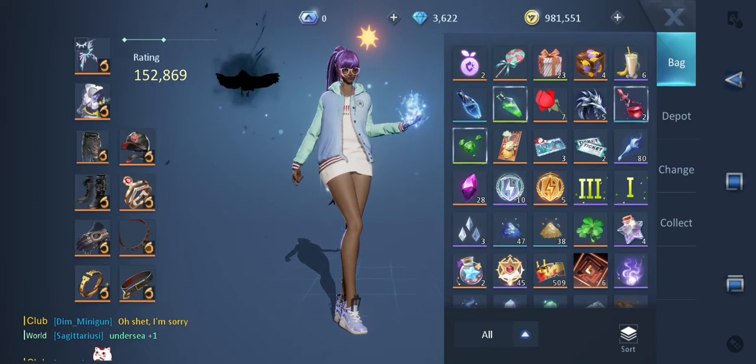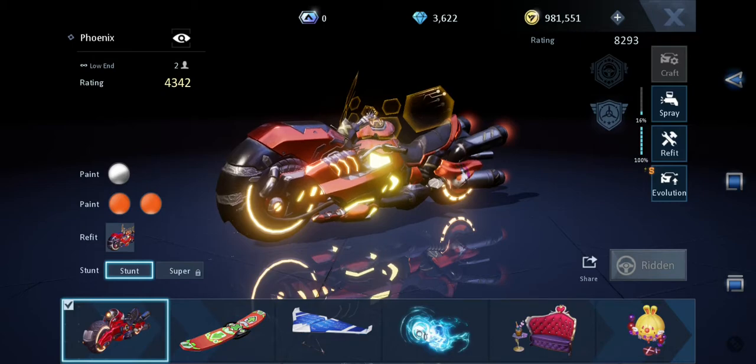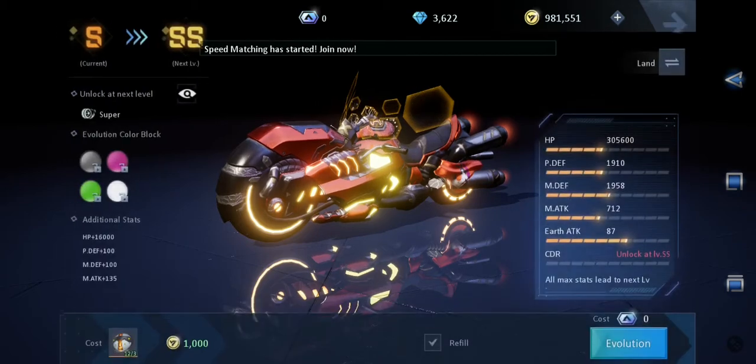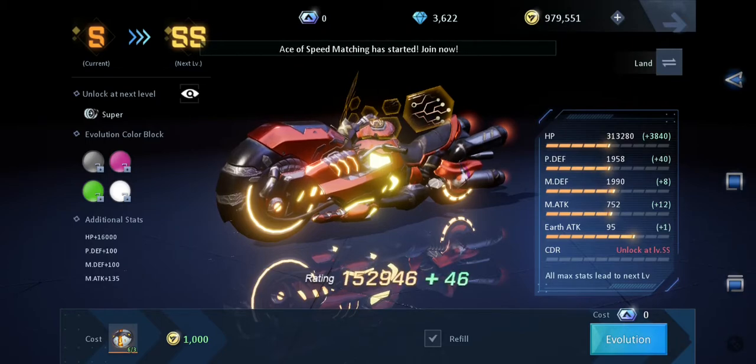And then you go to your mortars. Like on the mortars you get ratings also. For right now I haven't even tried to get my Phoenix up yet, but I got 4,342 rating on it, which goes to your character also. I'm gonna get it to SS soon. Like, let's see what happens if I envelope it. Yeah, like you see, you get ratings,